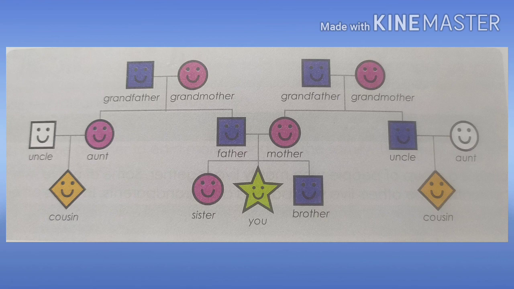When someone gets married, our family tree grows. One new member is added to our family tree. A new branch is added sideways to the family tree. Sometimes a new child is born into the family. He or she then becomes a part of the family tree. So here it is, our lesson is finished.